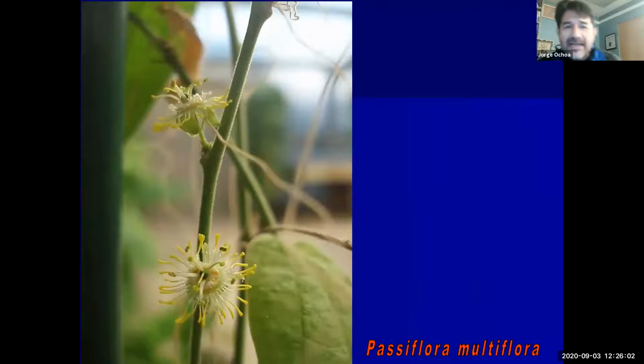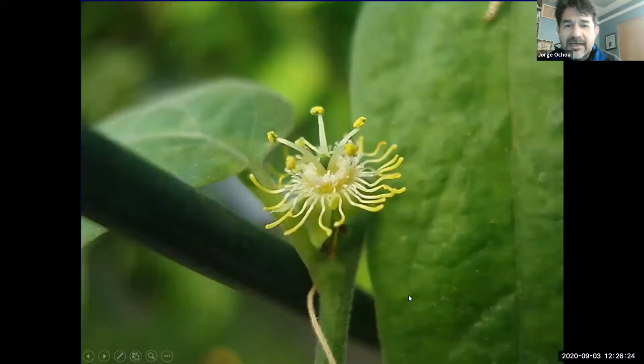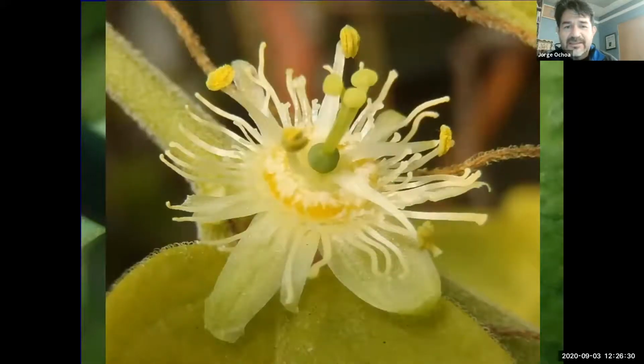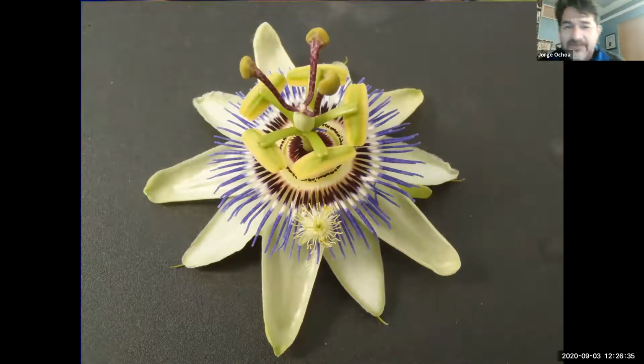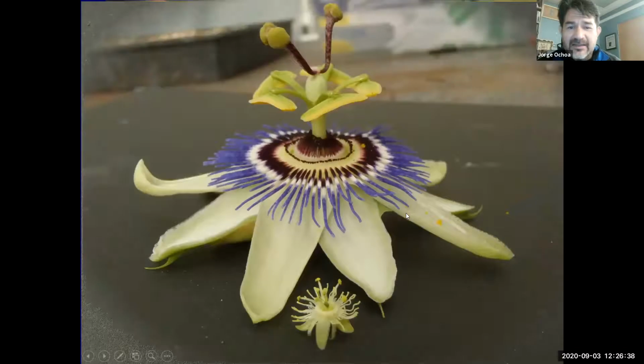So when we look at the small passion flower, this is the smallest one in the world. It is native to the Florida Keys, and it extends into Cuba and a couple of other small islands in the Caribbean, and that is it. In its natural habitat in southern Florida, it is endangered like many other plants. And here's where I had a chance to grow it before and get it to flower. And there's the close-up of the flower, and there it is on top of the common blue passion flower that you might see. And there it is in front of the common blue.